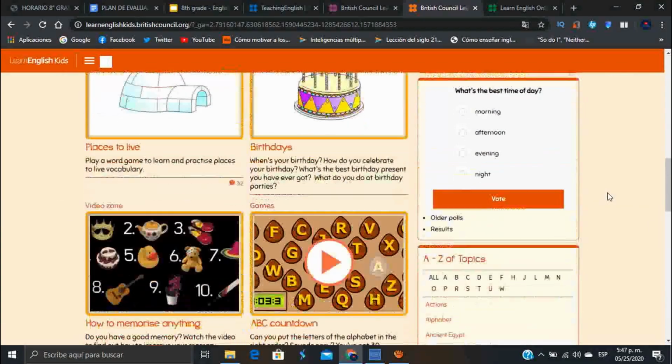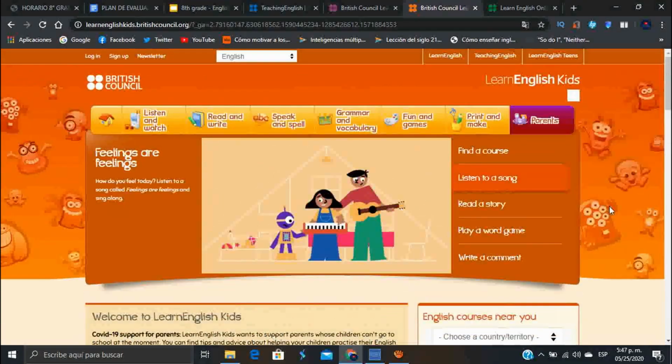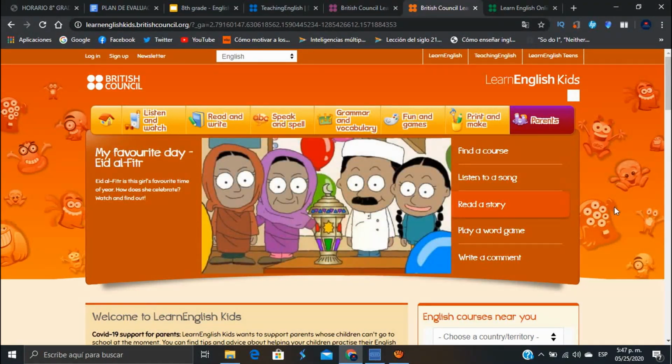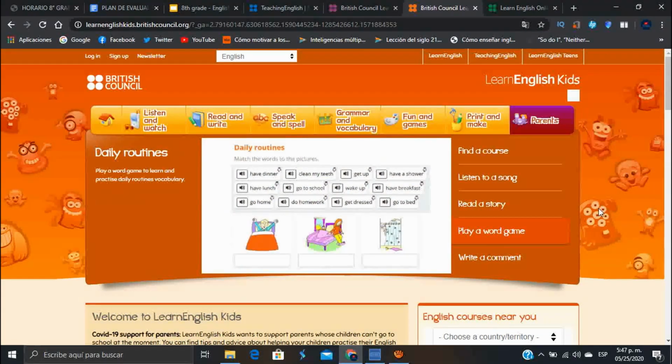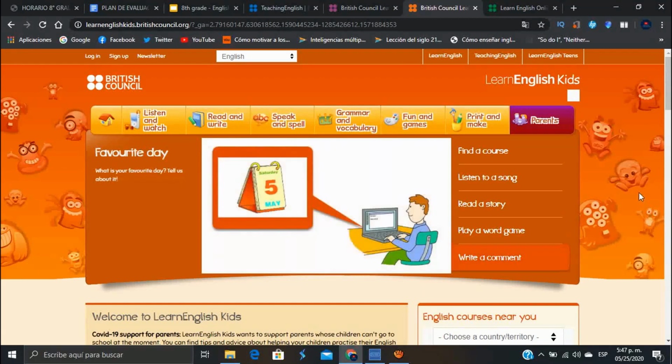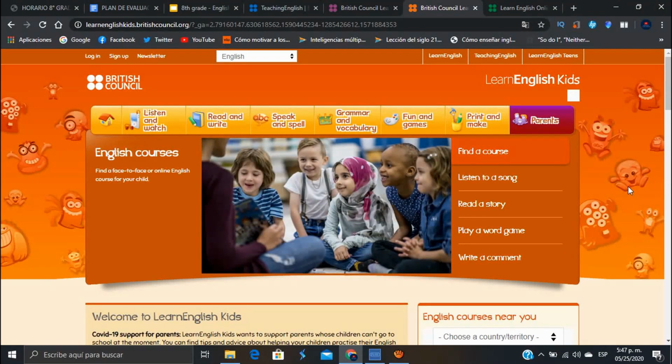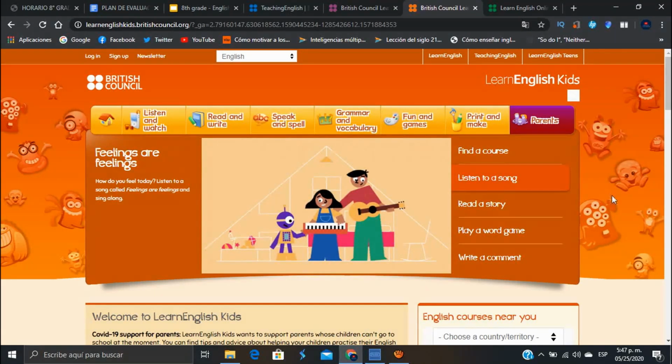So here in this section, you will find a lot of fun activities for you. So your students are going to be amazed with your classes. You can prepare them no matter if you're teaching online and no matter if you're teaching in a classroom, all right? So let's take a look and you see what they have. Here first, you will have songs, reading, writing activities, grammar and vocabulary, games. You can also print some activities and make them colored and using English in different ways, okay?